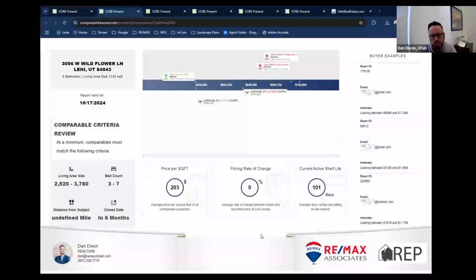This is what I think your property is worth, but this is your home. You're the one that gets to sell it and tell me how much you want to sell it for. So let's go ahead and start at 720, even though I think it's worth 680. Let's do that. But in 10 days, when we're not getting any showings or offers, don't be surprised when I call you.